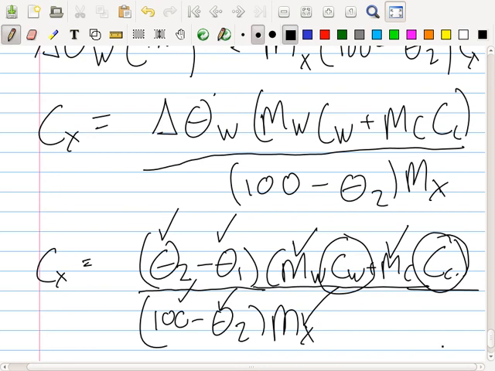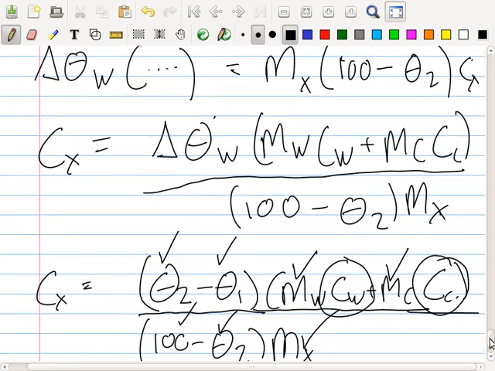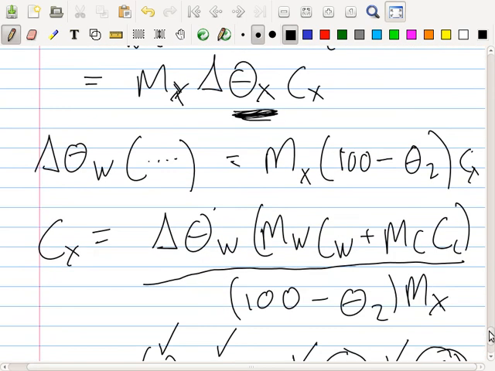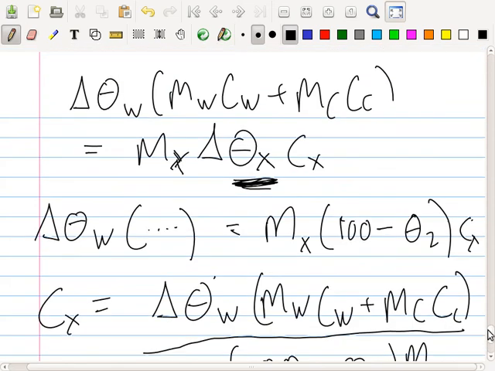Why do you change in temperature to theta 2 minus theta 1? That's the change in temperature, because the temperature goes up. Theta 1 is the cold water and theta 2 is the hot water. Because of the hot block put into the water, it lets the water temperature go up.